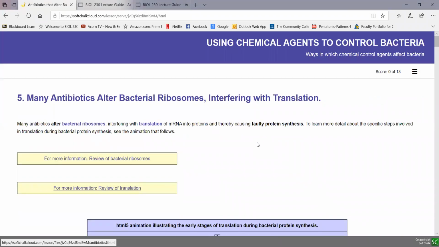Now, another target that we favor for bacteria, of course, are bacterial ribosomes. Because remember, bacterial ribosomes are composed of 50S and 30S ribosomal subunits, whereas our ribosomes are composed of 60S and 40S subunits. And by having a different S value, again, that tells us that although the ribosomes in bacteria and in human cells are carrying out the same function,